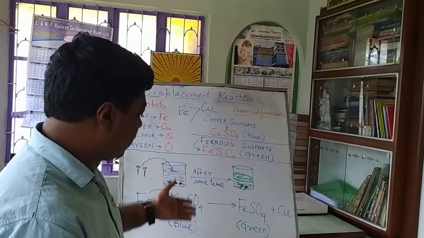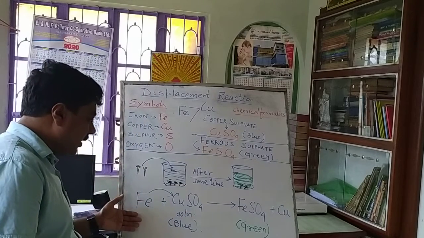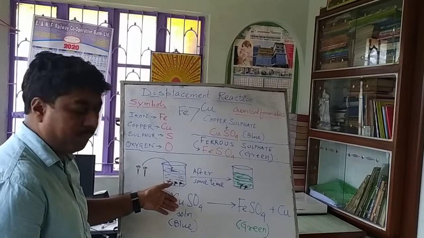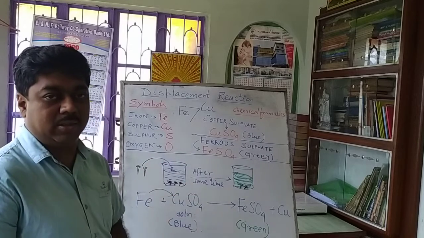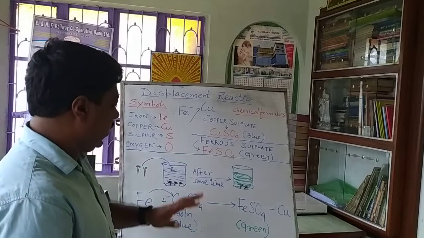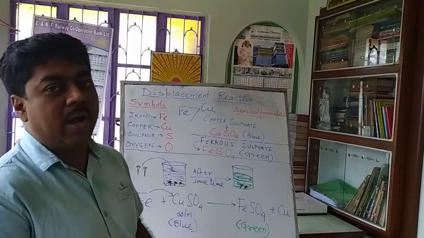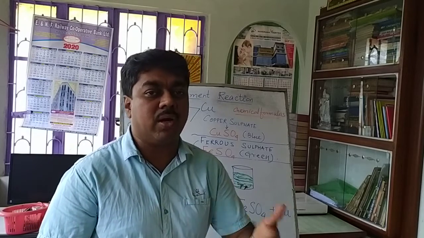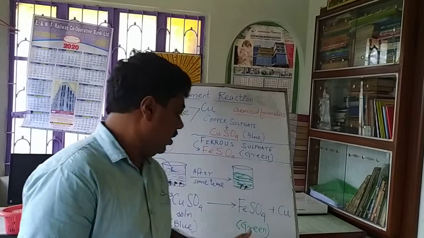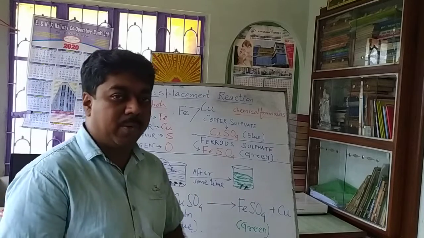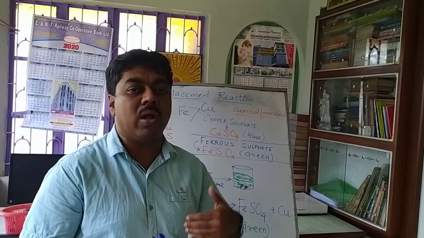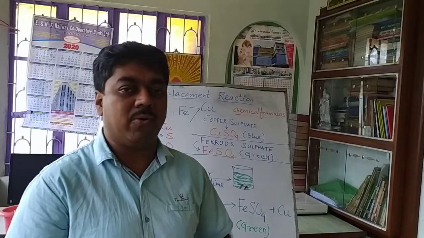So this is called displacement reaction because iron is displacing copper from the solution as it is more reactive than copper. In this way you are going to understand more reactions slowly, step by step, in the forthcoming classes. So understand and read this reaction properly from the PDF notes also, and wait for other reactions to understand according to the chapters that are going to come.